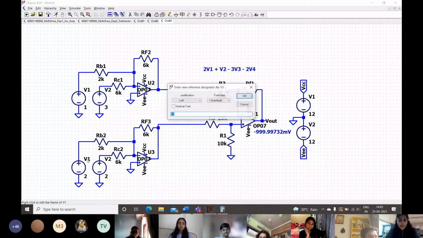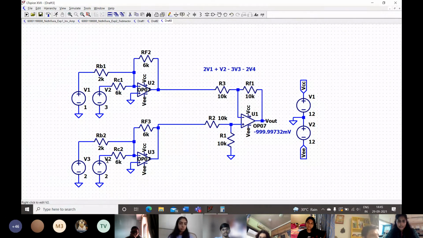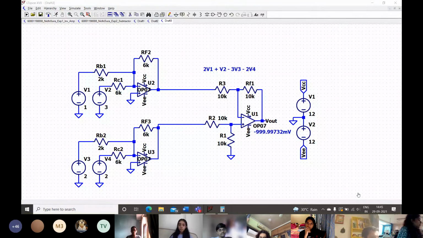Guys, did you all understand this particular thing? Why I brought this point up? Yes, sir. So basically, you're giving it at the inverting terminal of the first op amp. Excuse me, sir, for a second. Yeah, sure. So if you realize that if she would have given a V3 and a V4 at the top, what would have happened was that it's the inverting terminal of the first op amp.